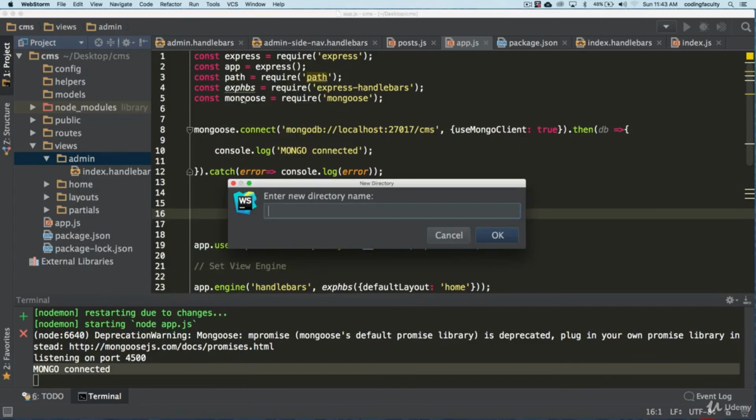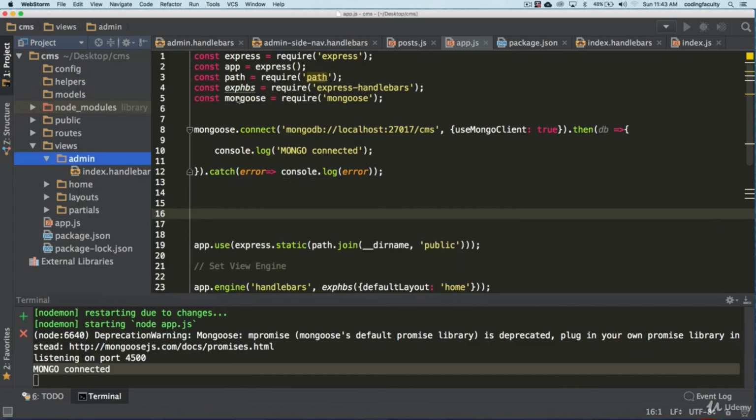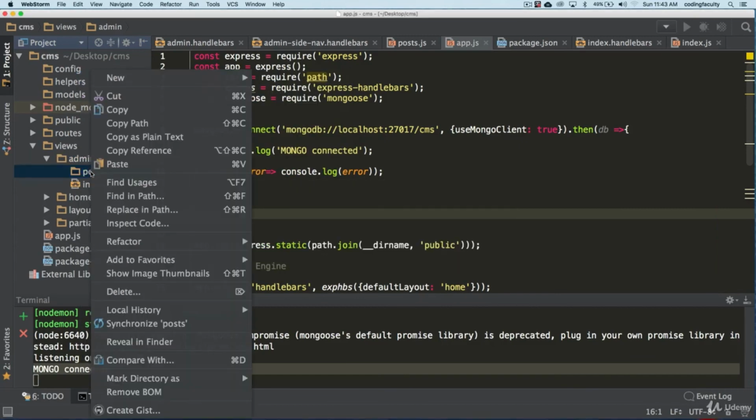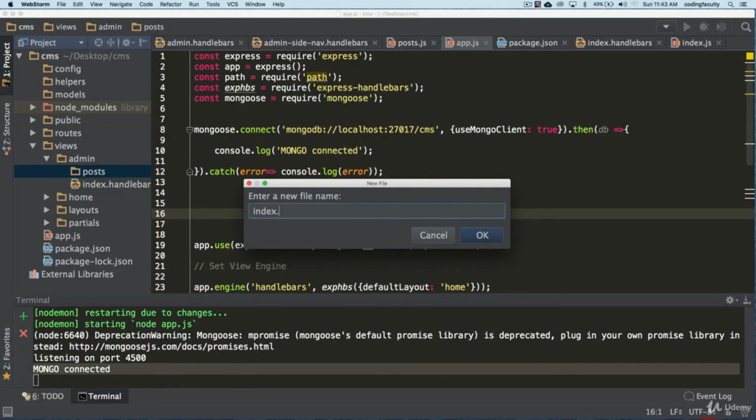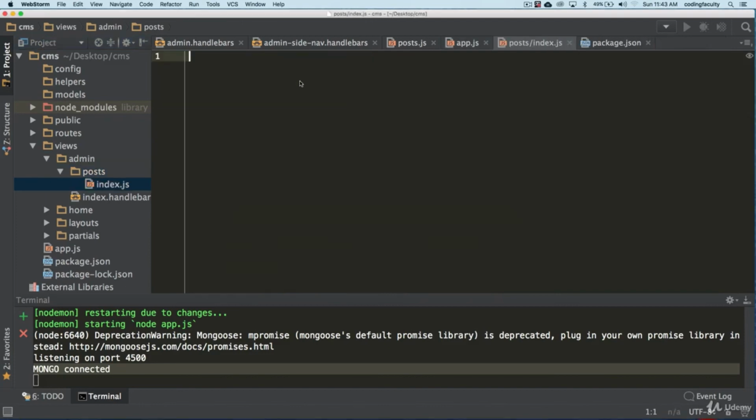So let's go and create a post directory, and inside here we're going to create an index for post. Okay, so make sure that you create some type of index, and you can name this whatever you want. Okay, I'm just going to name it index. I name every homepage index if they are the homepage for their own directory.